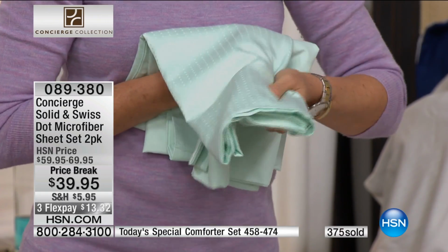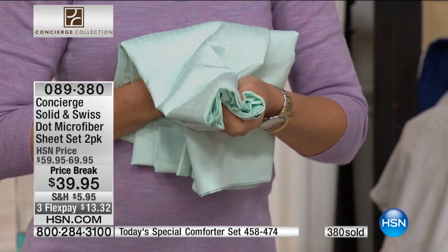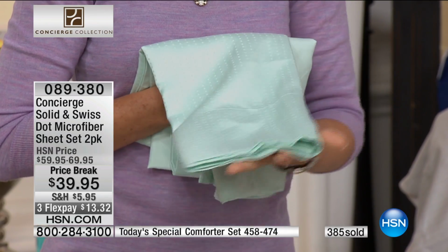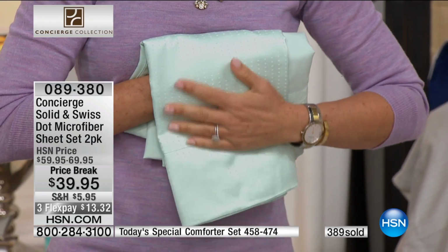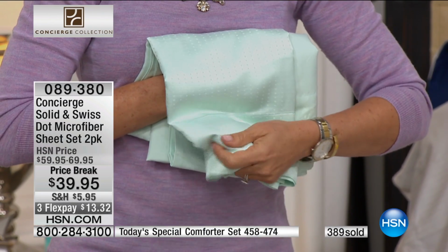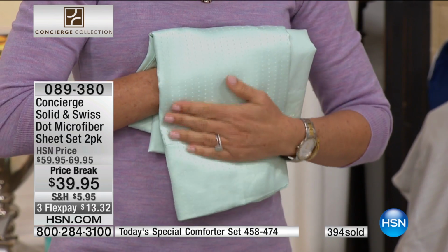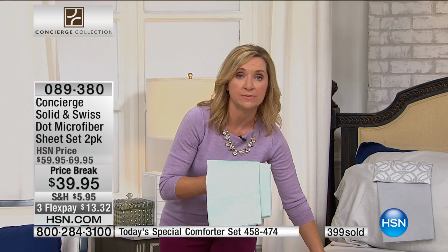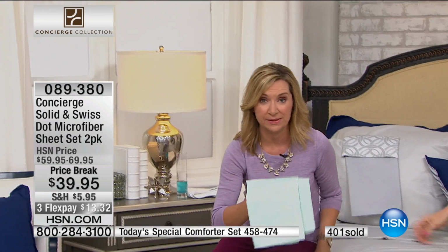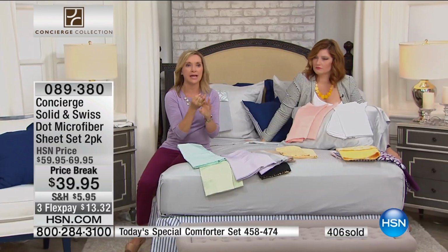They're not stiff. Years ago when you mentioned polyester or non-cotton fabric, you thought stiff, a stiff hand that didn't feel good against your skin. These are super soft. They have that velvety brushed feel to them. They're very cool to the touch. And I think the biggest resistance to microfiber comes from worrying about breathability because it's not cotton. And I'll tell you, if you look at what athletes are wearing,